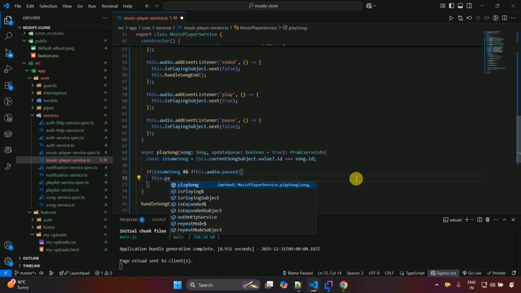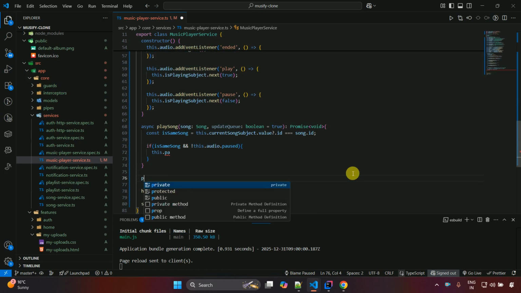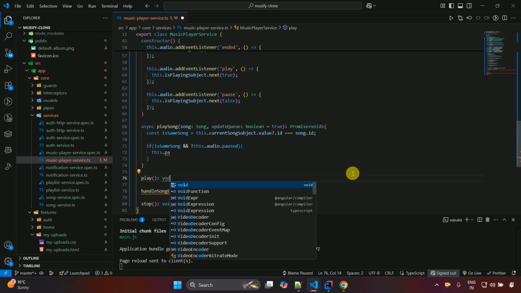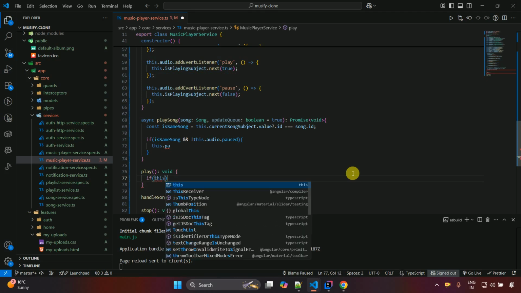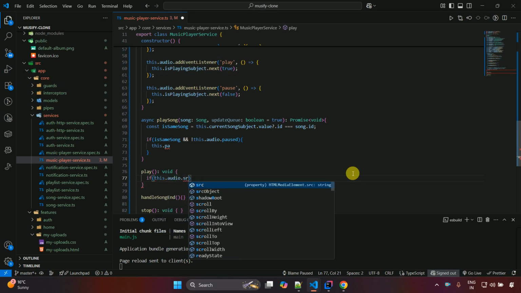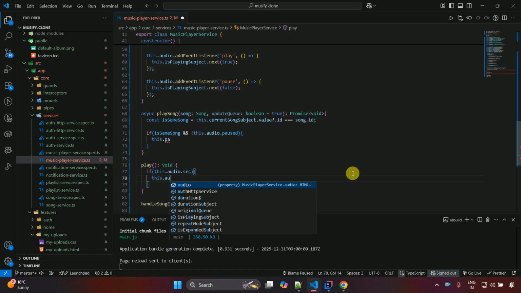Okay, so we also need to create some method which is related to play or pause the song. So let's do that first. Let's scroll down a little bit, and over here I'm going to create a method which is the play method, and it will not return anything, which is void. And if this.audio.src, and then curly brackets, and this.audio.play,